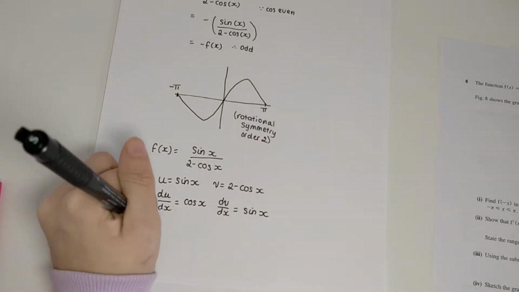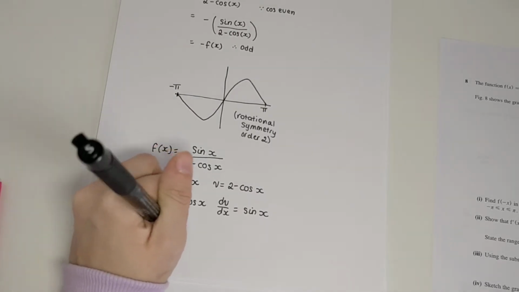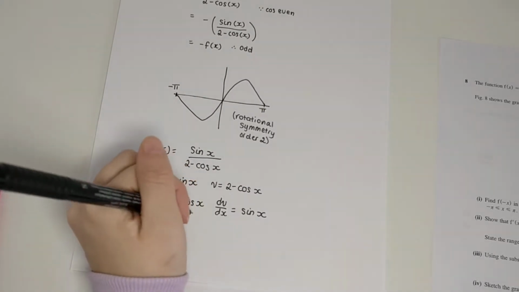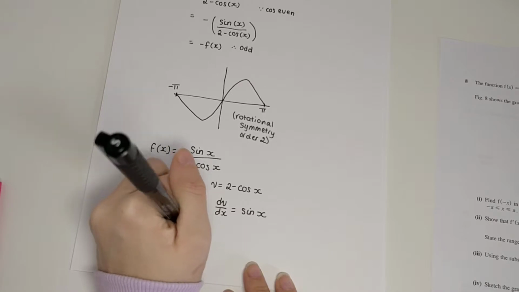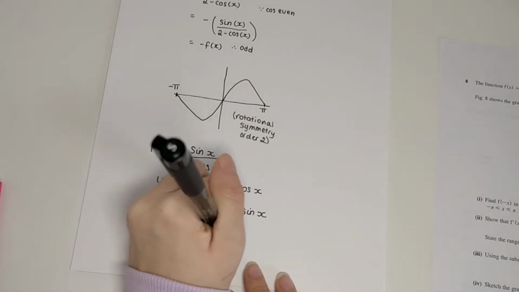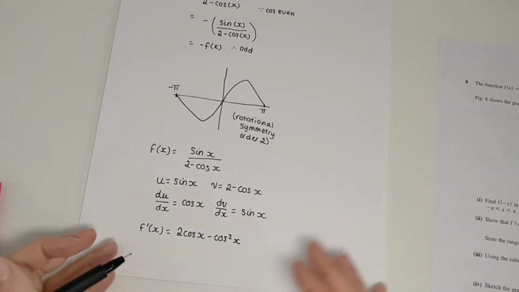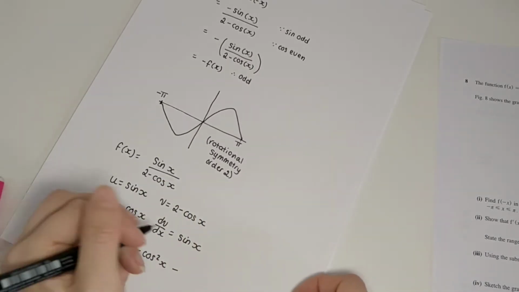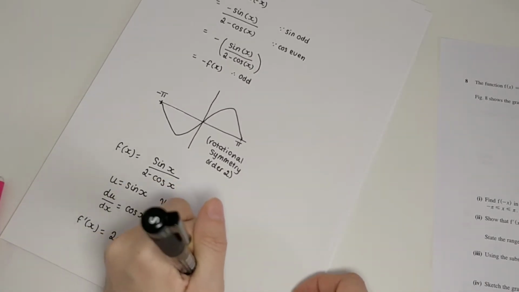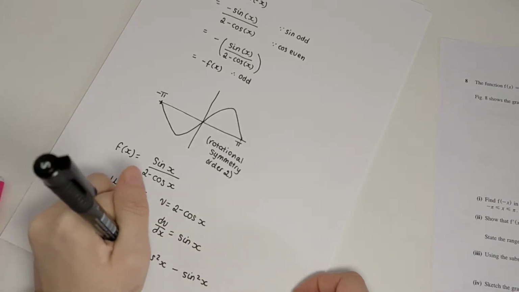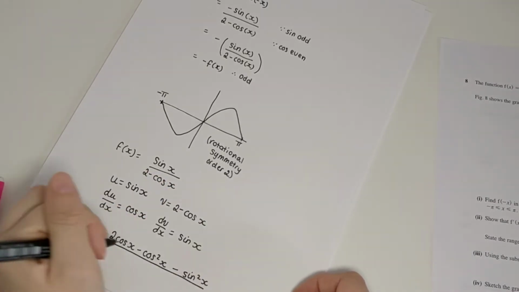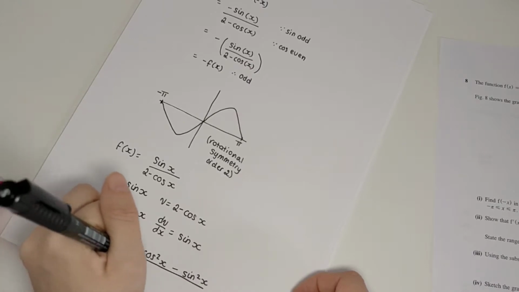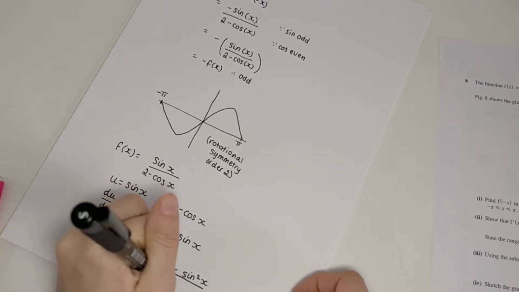Okay, so f dashed of x is going to equal v du by dx, 2 cos x minus cos squared x, minus u dv by dx, all divided by v squared, which I don't think I will expand